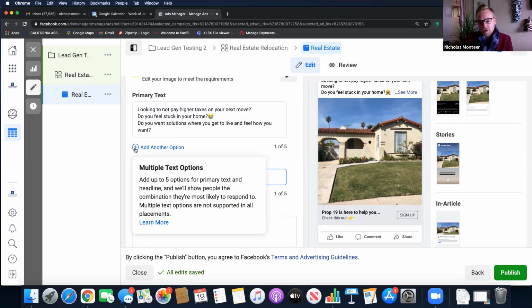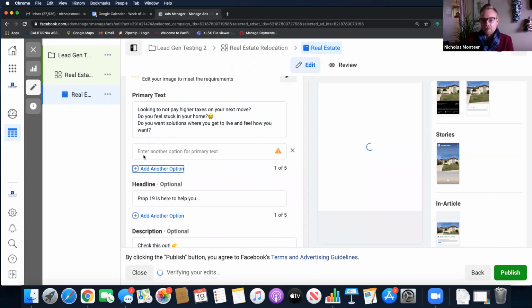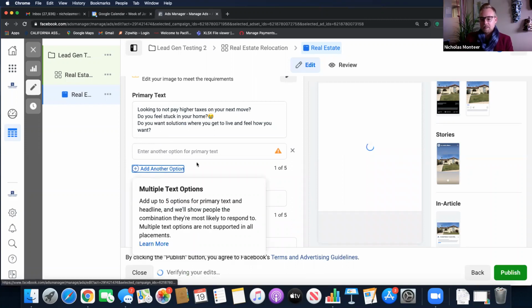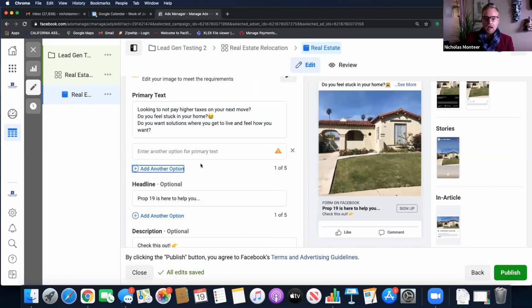Keep in mind too, guys, you can create another option. Let's say you have two ideas that you want to run on the same exact topic. I can hit add another option and it will run two ads. It's almost like A/B testing, but it's not an A/B test, because it will just run them at the same speed. It's not going to put more money behind the one that's outperforming the other, but you can add a variant.